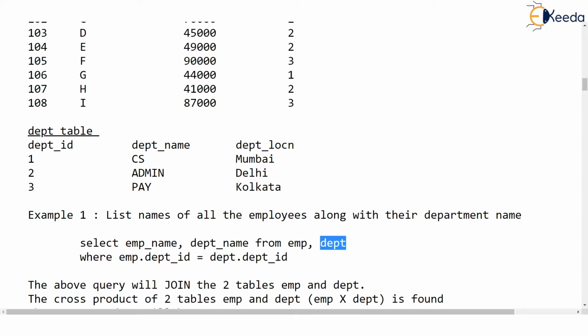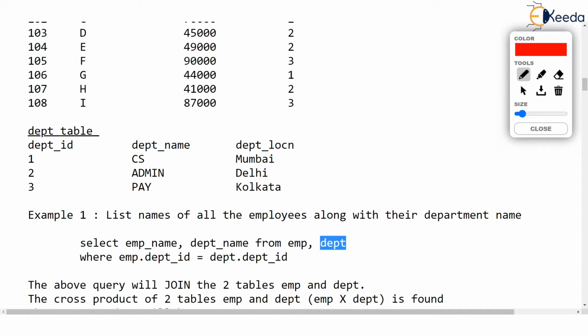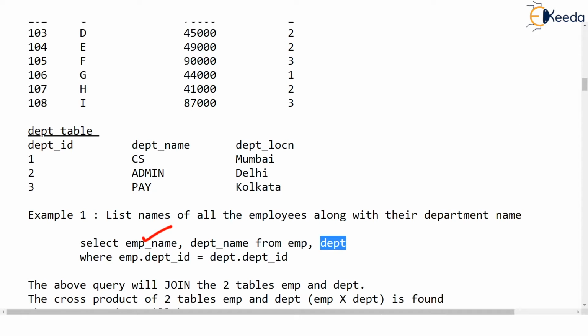You would say that, okay, we are listing employee name and department name, where employee name is from the EMP table and department name is from the DEPT table. But then a where clause is needed, and you saw that you will select only those entries where emp.deptid matches dept.deptid.